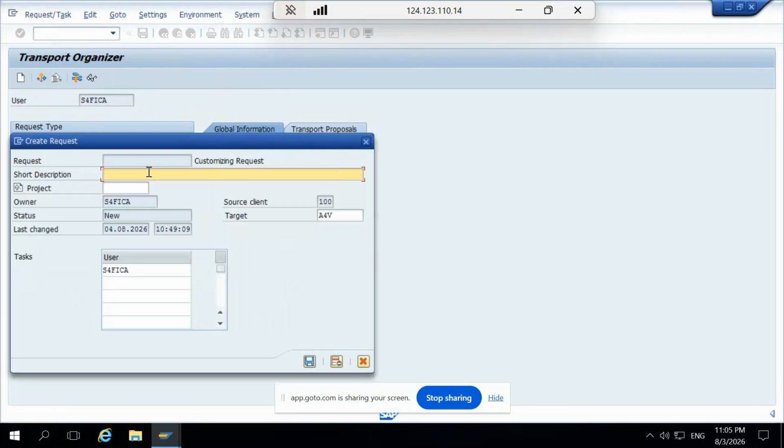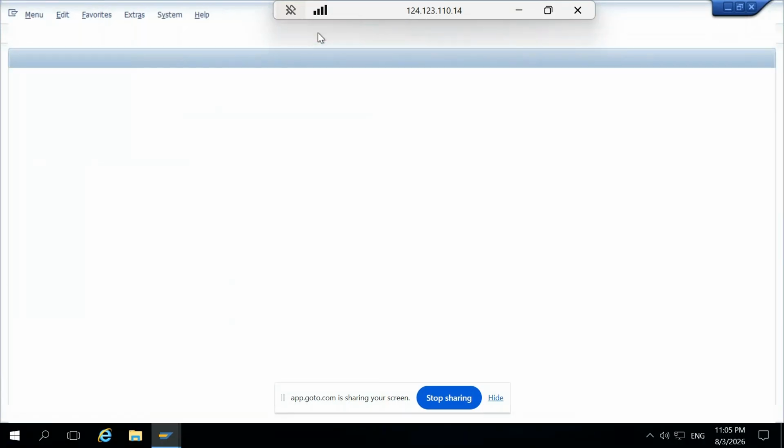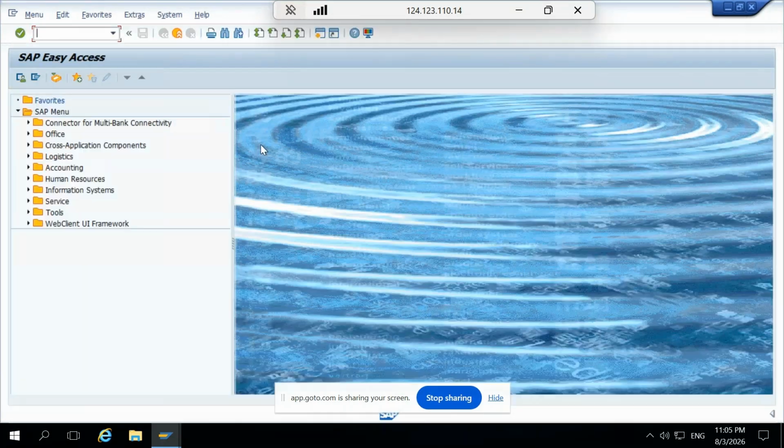Here you give a description and you simply save it. So what it would help, anytime you do any configuration, it will ask for a transport request number in which you want to save your changes. Let's suppose, for example,